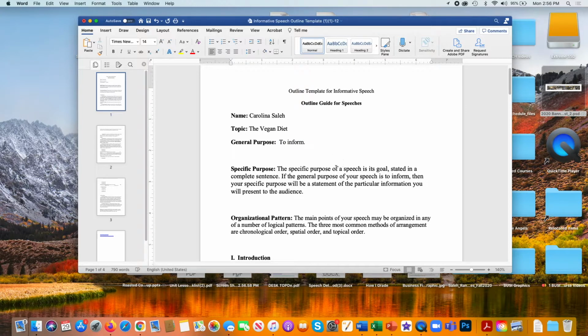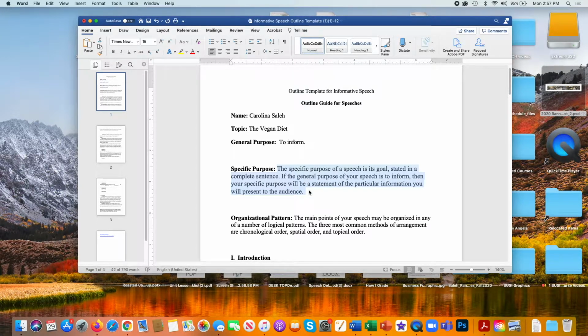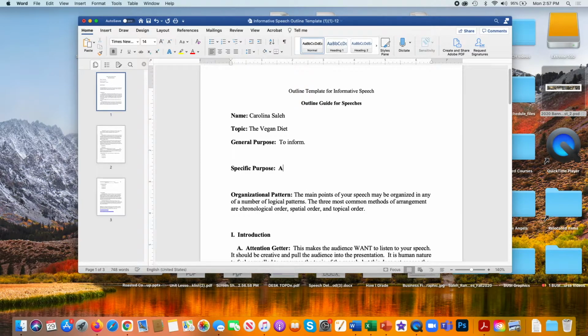Now the specific purpose of a speech is its goal, stated in a complete sentence. This is not a question, it should be a statement. If the general purpose of your speech is to inform, then your specific purpose will be a statement of the particular information you will present to the audience. So I will go ahead and delete this, and I will begin with, and you can begin with this too. After listening to my speech, the audience will understand